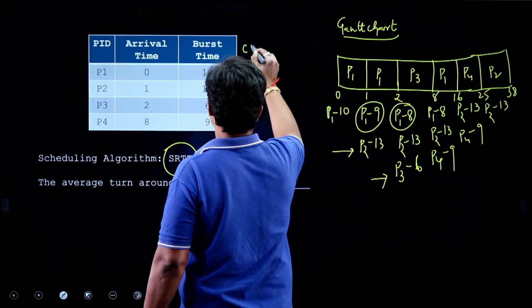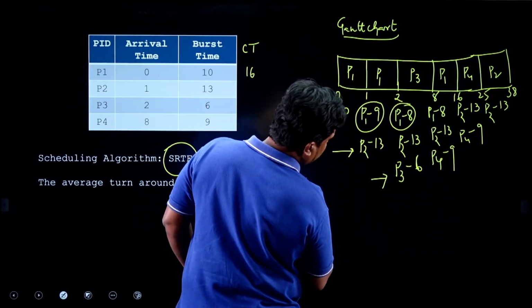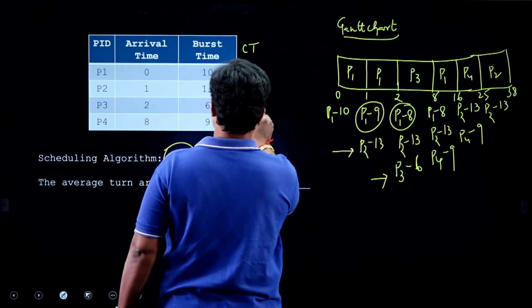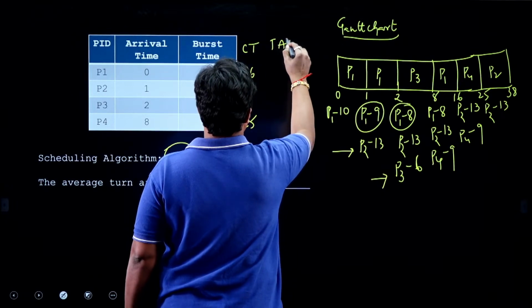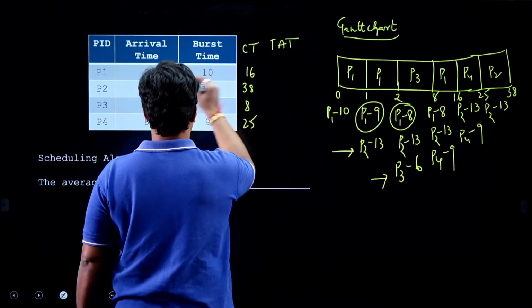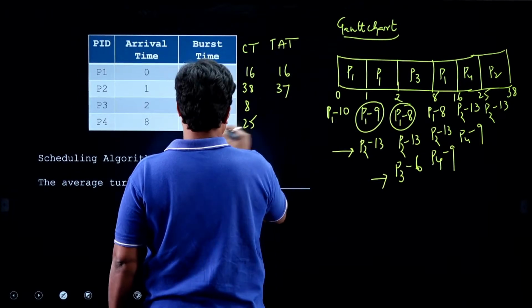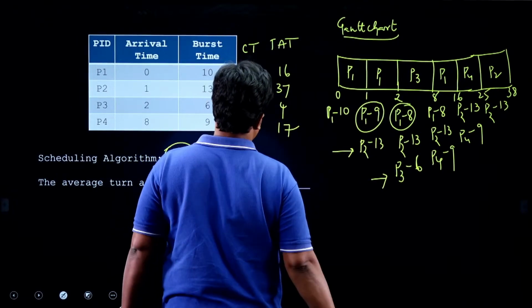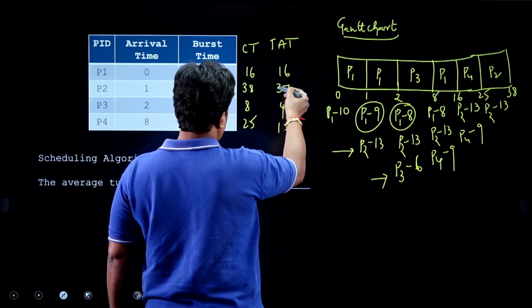Then completion time: P1 is finished by 16, P2 is finished by 38, P3 is finished by 8, and P4 is finished by 25. Then turnaround time, if it is asking turnaround time: 16 minus 0 is 16, 38 minus 1 is 37, 8 minus 2 is 6, 25 minus 8 is 17. So this is 16, 17, 33, 33 plus,